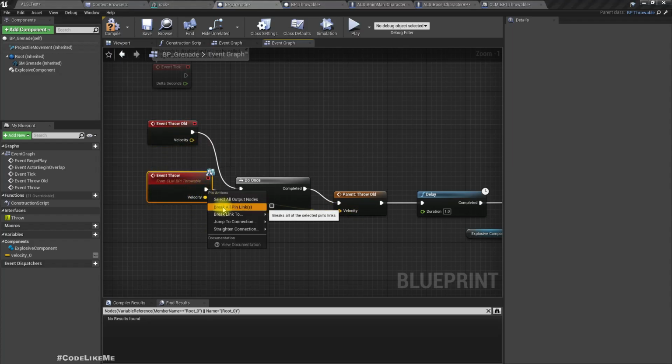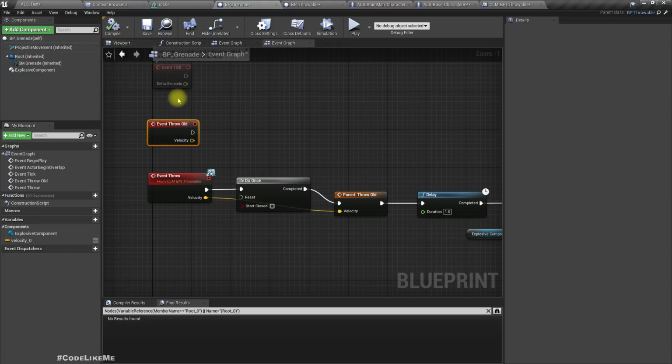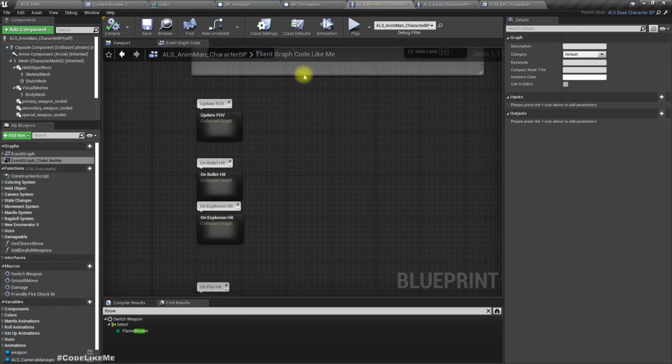Oh, not to reset here. Okay, now we have throw function implemented through the throwable interface instead of this BP grenade specific function. So now in the character